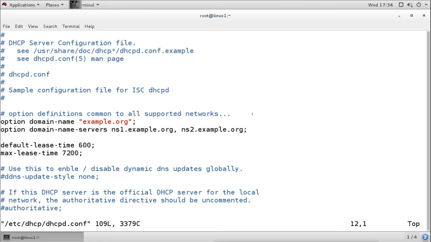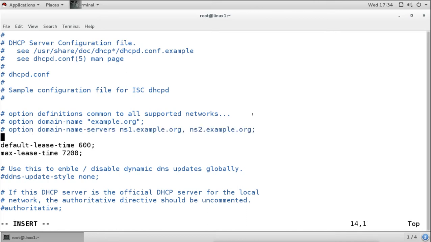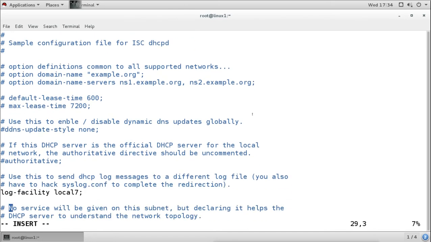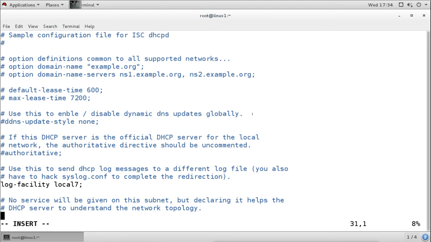For example, these global definitions I don't need, so I will comment this. I don't need these global definitions. I don't need this global lease time definition. Then the log facility I will use, because this is for logging, and it will log all the errors and related information.